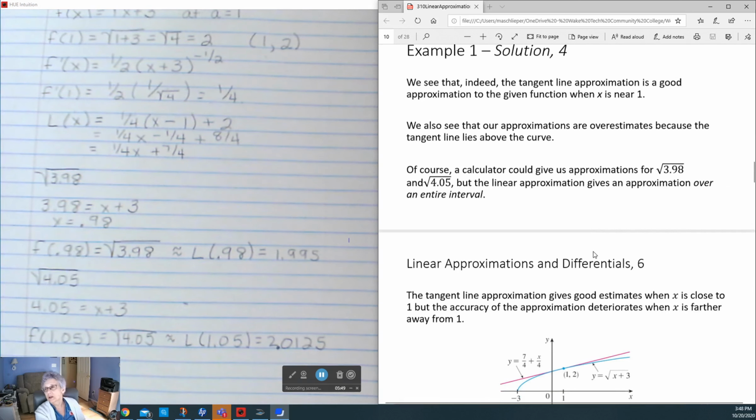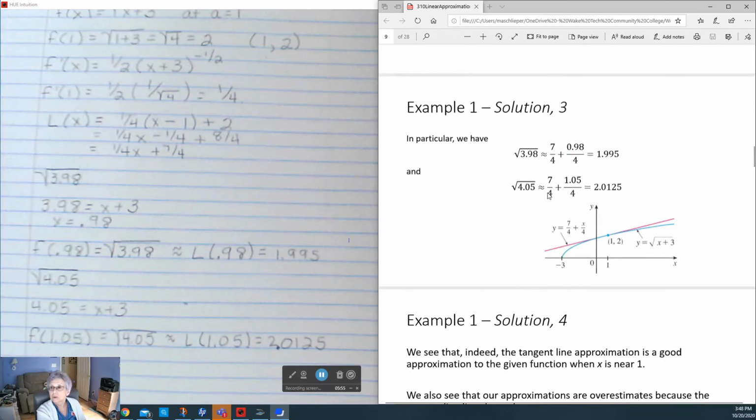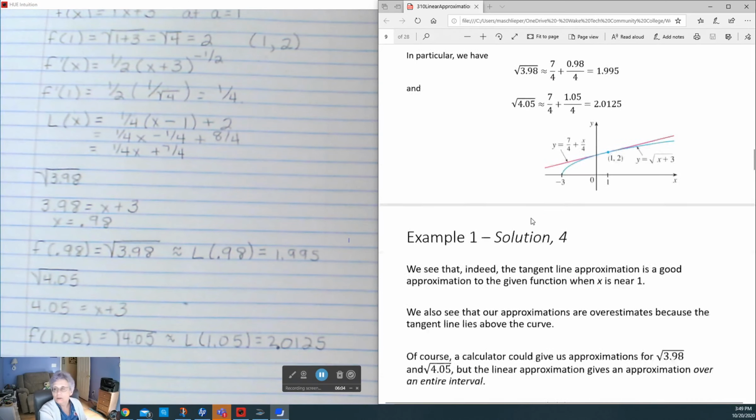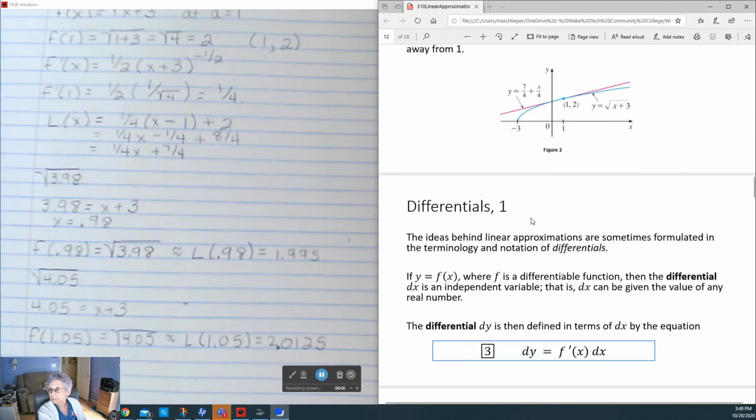Calculator could give us an approximation for the square root of 3.98 or square root of 4.05, but if we wanted it over an interval, we could say that that line is a good representation for that function over a small interval. So I'm not going to do any more examples. I expect that you should be able to find the equation of a